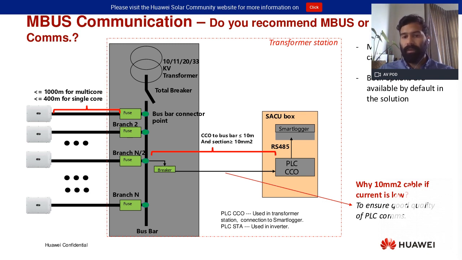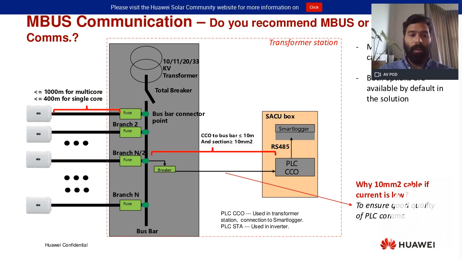This is advantageous, and we recommend this approach because it will reduce the capex of your project, and your communications will travel through a more, let's say, resistant cable, which will be underground. As you know, the RS-485 cable is subject to damage because it's a very thin cable. So our recommendation will be to use MBOS, but this is optional,